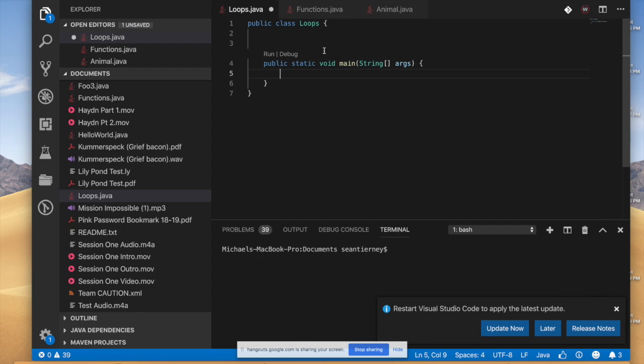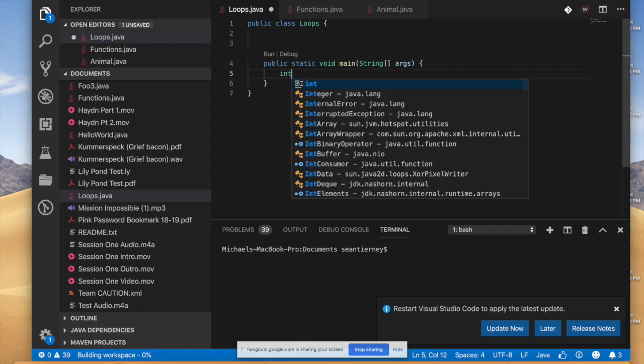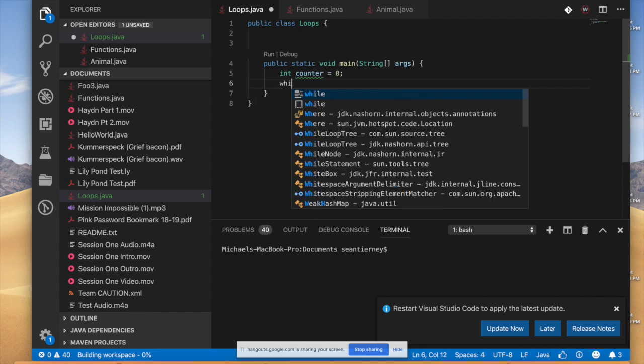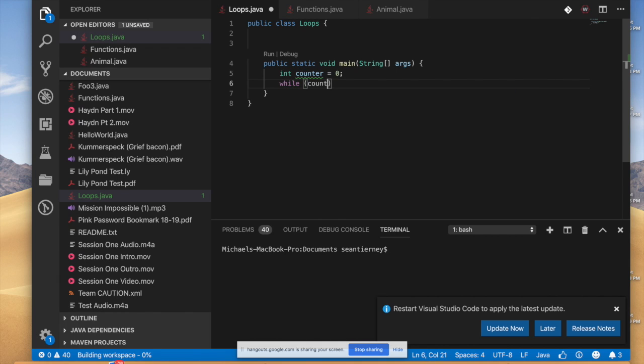If you wanted to print hi 100 times, for example, you would have some counter to start off. You could say int counter equals 0. That's its initial value. Then you would say while counter is less than 100,